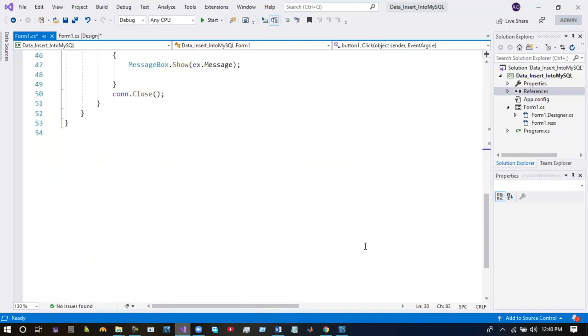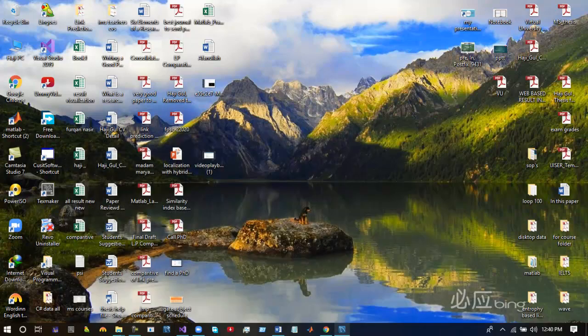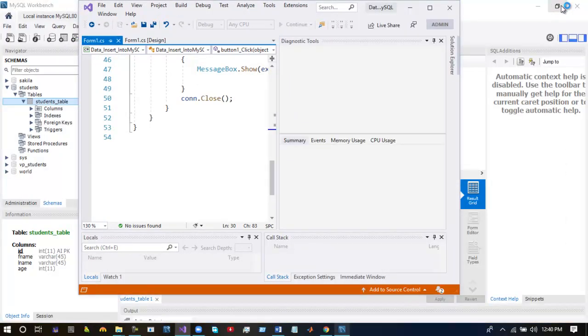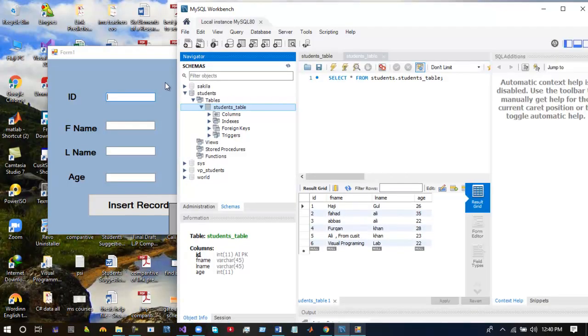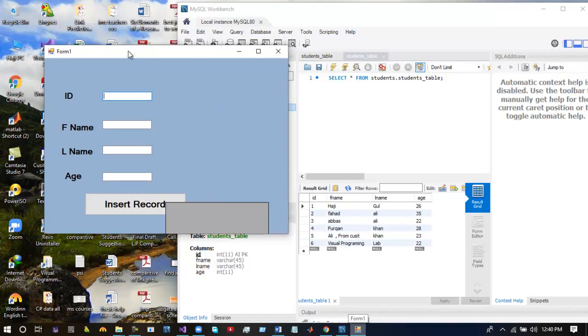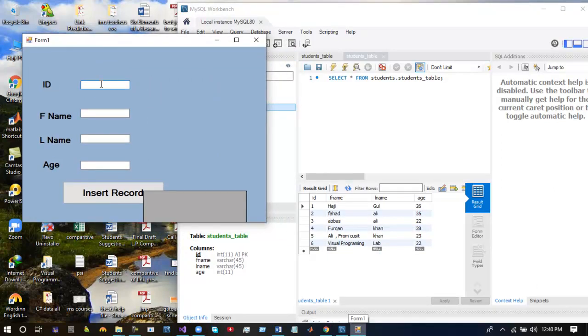So let's run and see whether it's working properly or not. ID number 7 and first name is ABC for example.